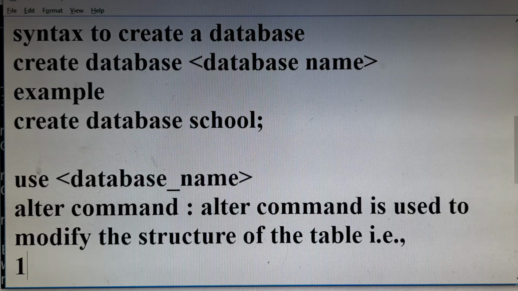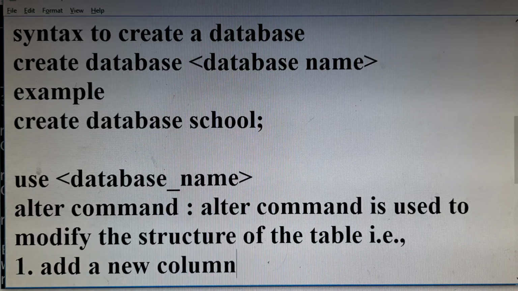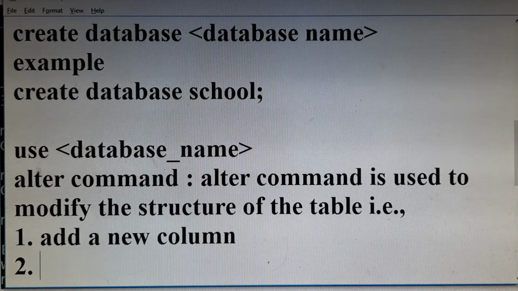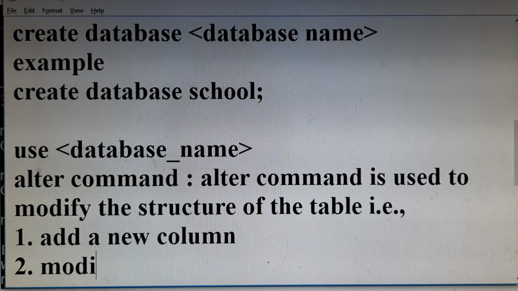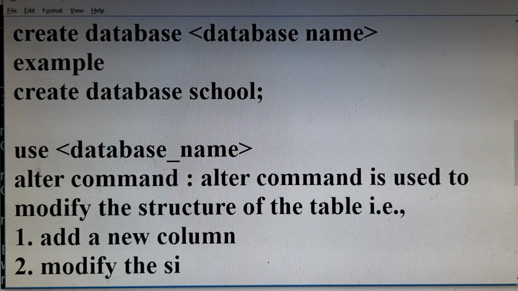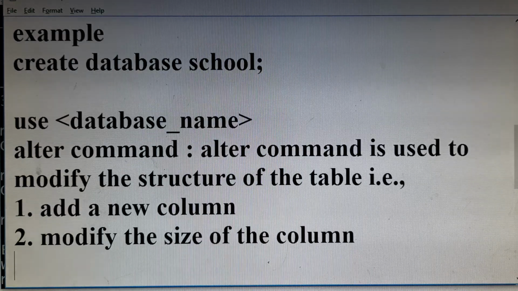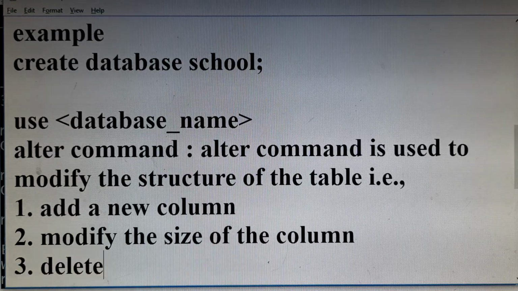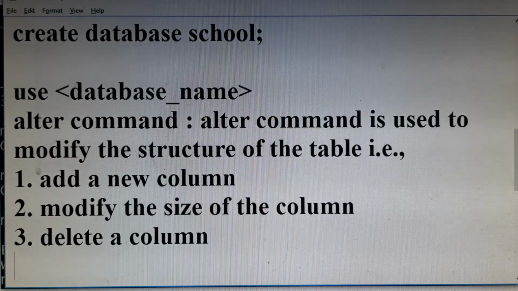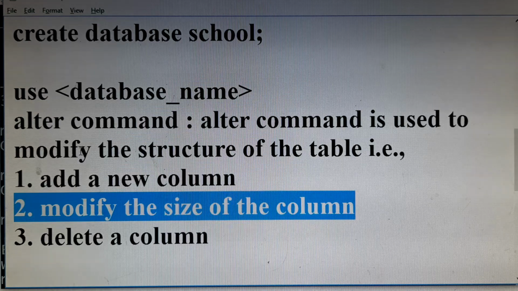That is, we can add a new column, we can modify the size of the column, we can delete a column. So I'll show how to modify the structure, how to modify the size of the column.